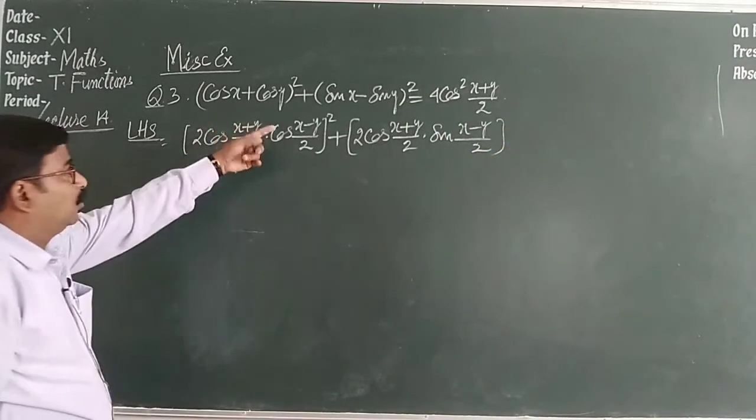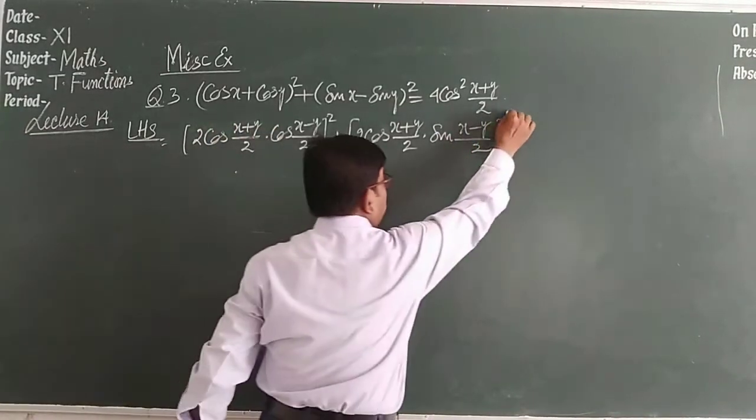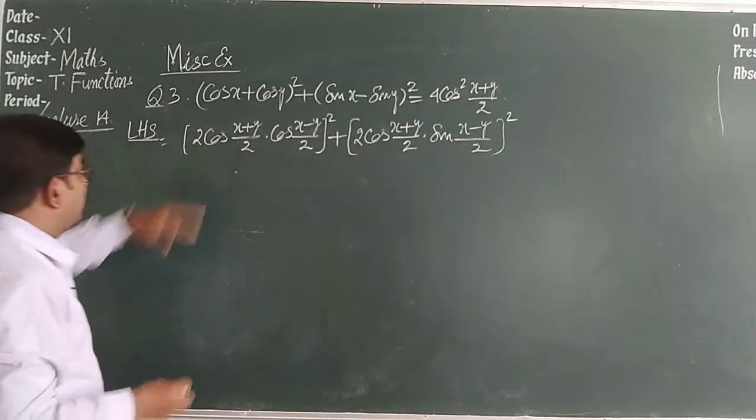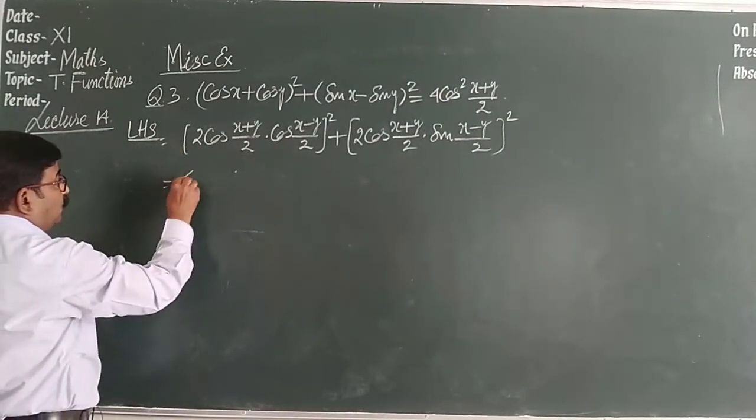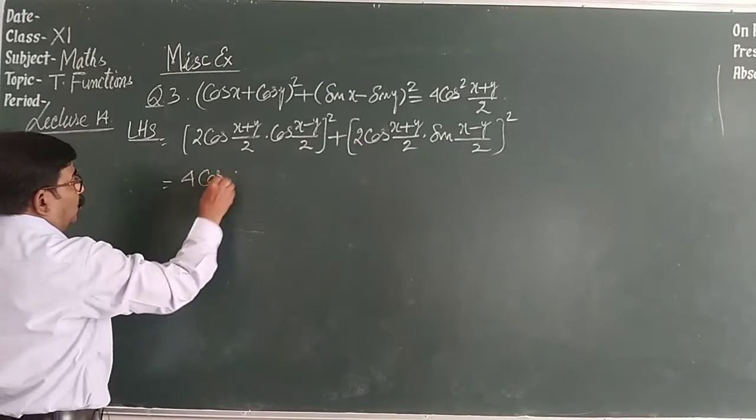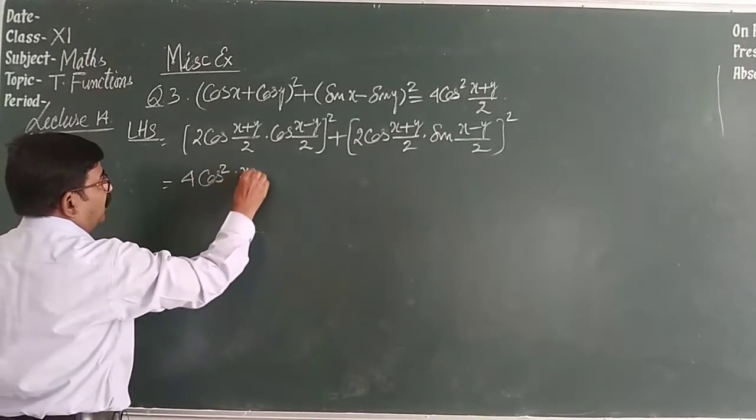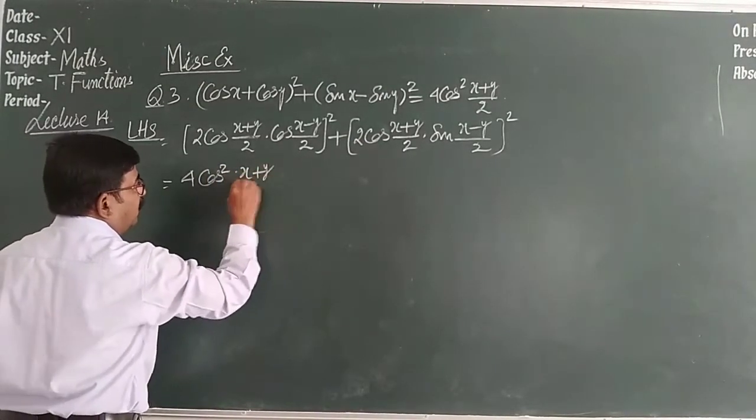Square this. Whole square is there, here is also whole square. So on squaring we will get